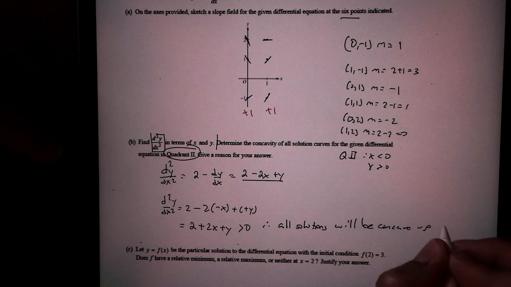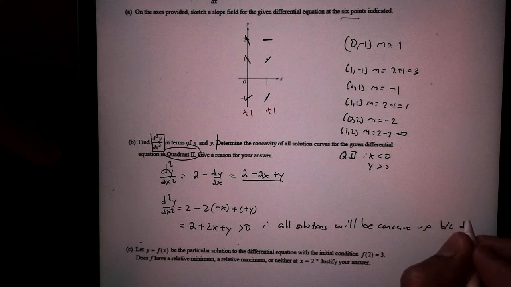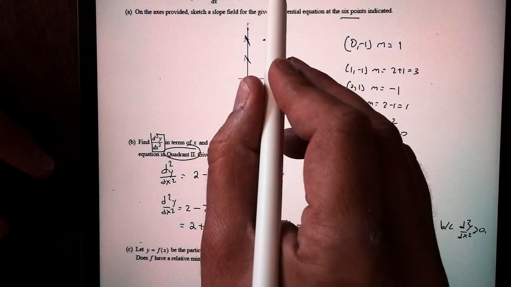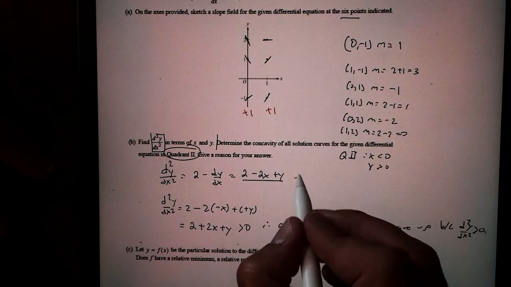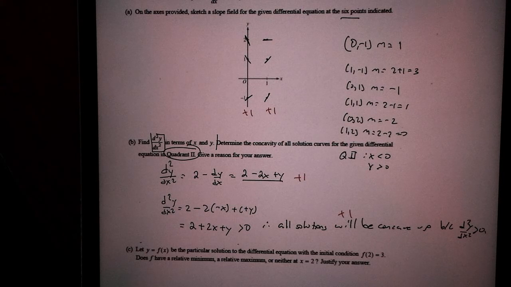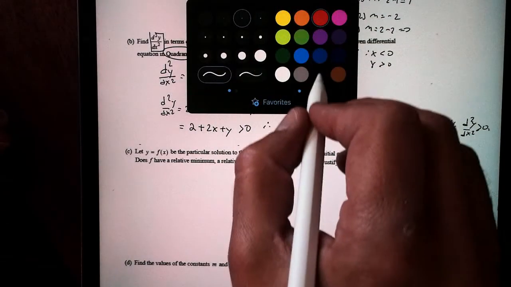Concave up. And that is because the second derivative is positive. Points. 1 point for your second derivative, 1 point for your answer with justification right there. Alright, so for part C, it asks,